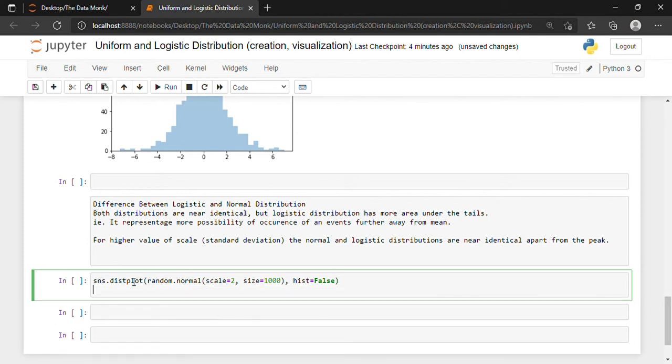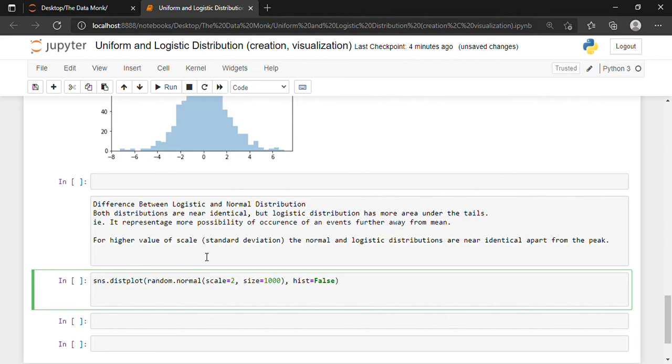Now we will write about the logistic distribution. Similarly, we'll write sns.distplot, and inside random.logistic with size is equal to 1000.